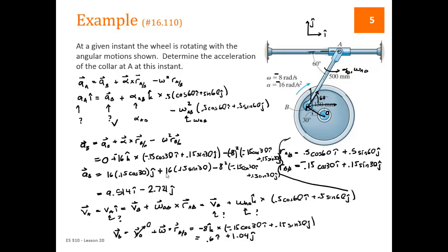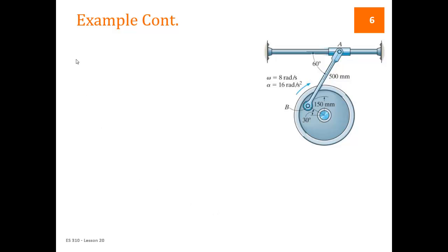So let me give us some numbers here. This is equation number 1. This is equation number 2. This is equation number 3. And this is equation number 4. All right, so equation number 4, we found VB. We're going to plug VB into equation number 3 to find omega AB. So equation 4 into equation 3 will give us